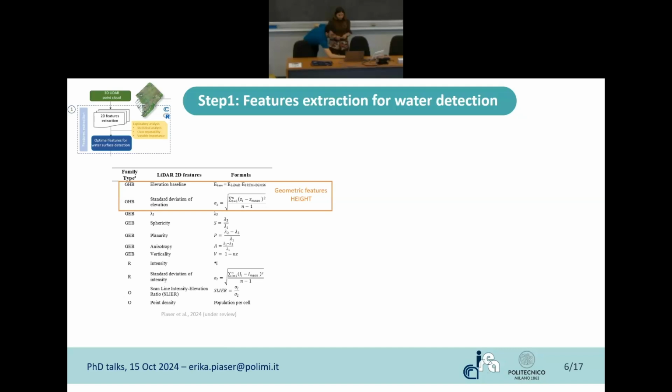of elevation. For example, if you are thinking about water surfaces, which are flat surfaces, basically the standard deviation of elevation of a water pixel is very low. On the contrary, volumetric surfaces such as trees or buildings have a standard deviation of elevation that could be high on